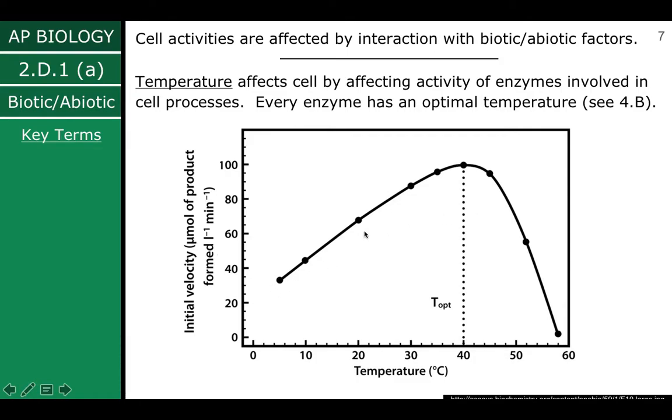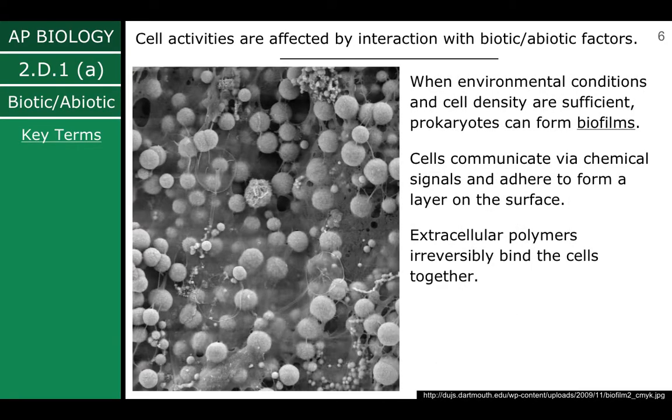Looking at their velocity, you can see that it's increasing. Up here is actually where it's probably optimal conditions because you can see that it's the highest velocity, so it's moving the most. And then at a certain point here at 40 degrees Celsius, it dives down, and that's because at this point, those enzymes can no longer function. So this is how temperature would affect cells. Once again, I'm looking at these abiotic factors, how they affect life. So that's temperature, and